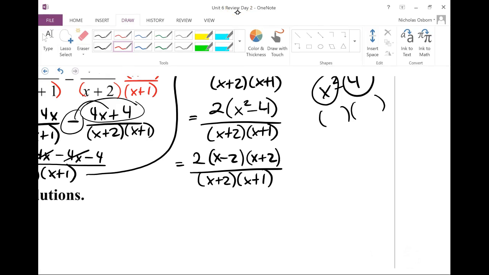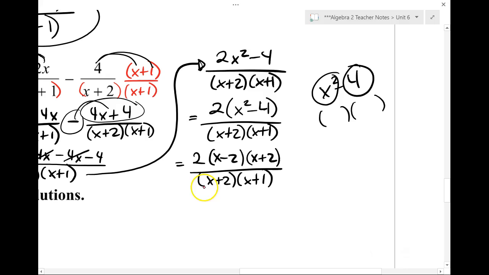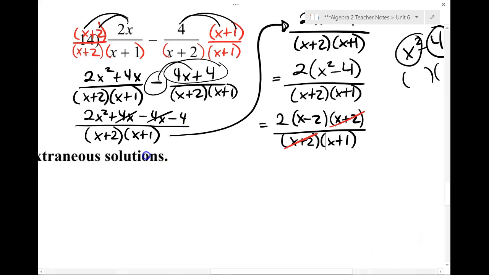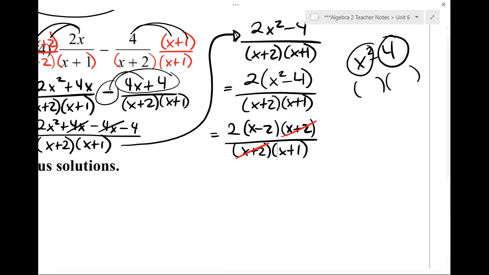Won't let me choose my red. Okay, so boom, gone, boom, gone. x plus 2 and x plus 2. And there's nothing else that'll cancel out. So now, sorry about that. So now I'm left with